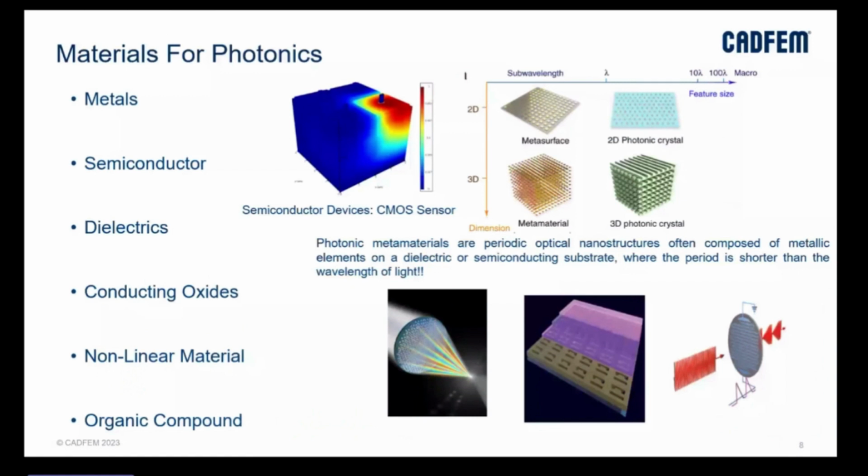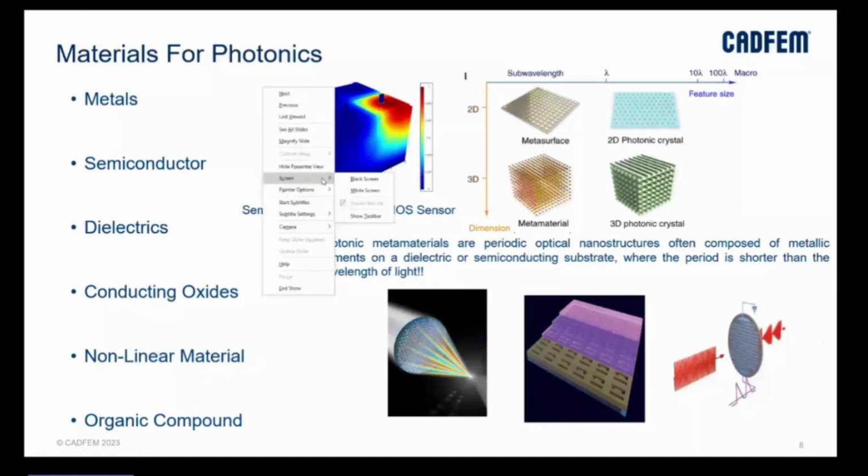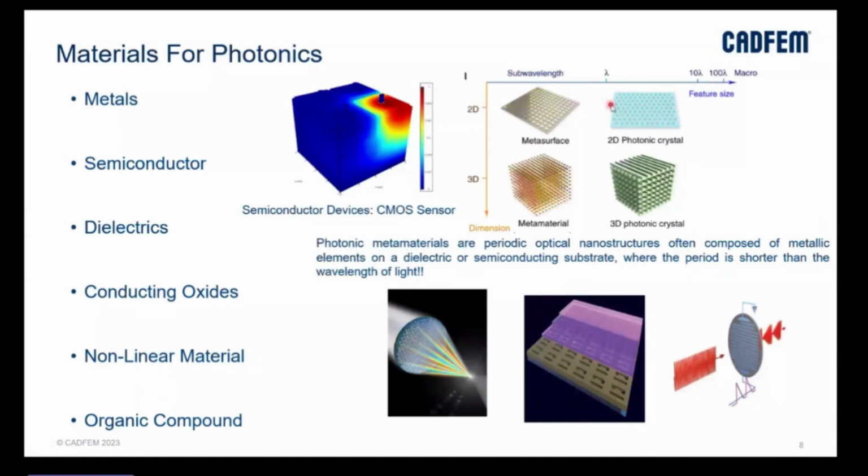As you can see, we can use metals as a primary material if we want to design any kind of metamaterial substrate. The typical dimension of these metamaterials or metasurfaces is below the operating wavelength, so basically it's a subwavelength structure. To create this kind of metamaterial, we can use metals